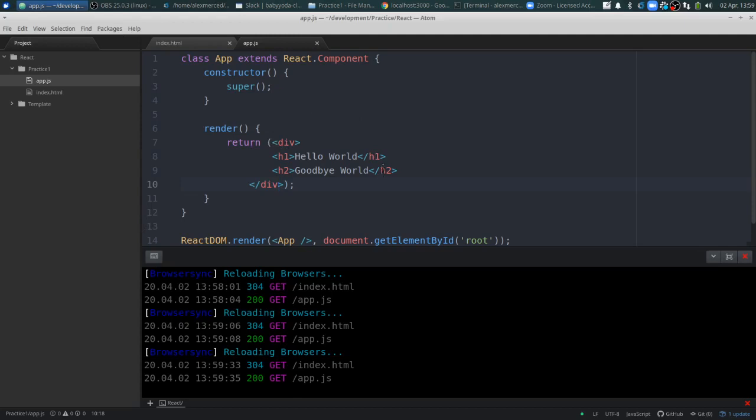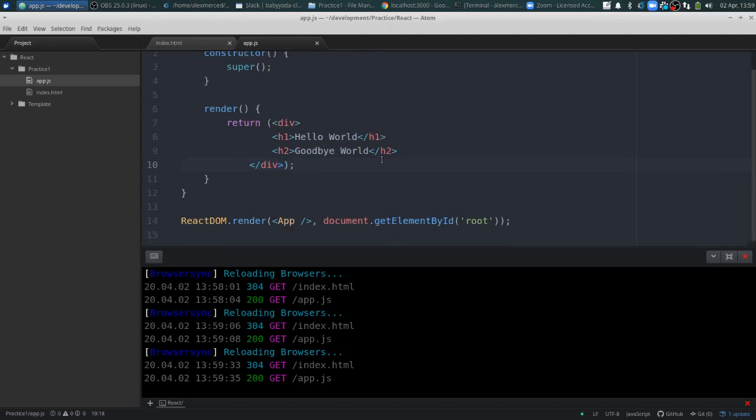Now, that's all fun and good, but what makes React super powerful is when you start mixing it with different types of information, and also making small components. So the idea is you want to keep breaking down your UI. So your app component should only really be made up of other components, and then those components have other components, and you want to try to break down your UI into its smallest pieces. So the next step